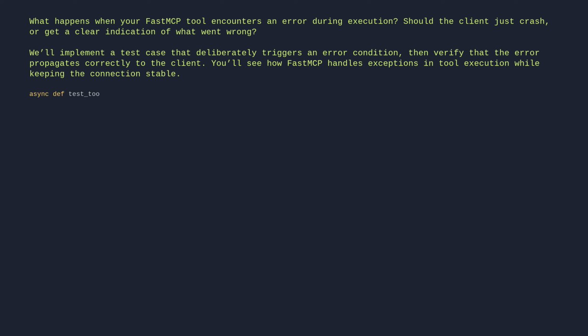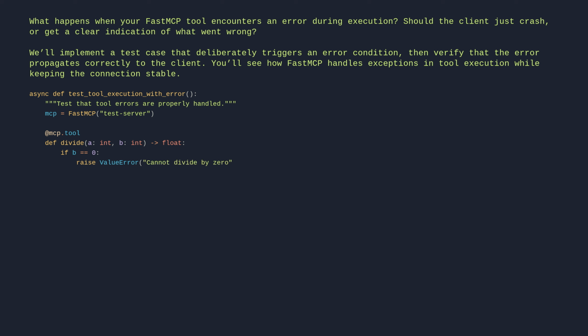async def test_tool_execution_with_error(): """Test that tool errors are properly handled.""" mcp = FastMCP("test-server") @mcp.tool def divide(a: int, b: int) -> float: if b == 0: raise ValueError("Cannot divide by 0") return a / b async with Client(mcp) as client: with pytest.raises(Exception): await client.call_tool("divide", {"a": 10, "b": 0})